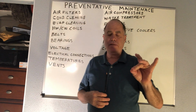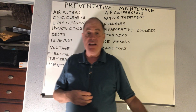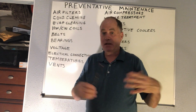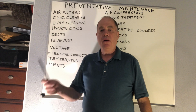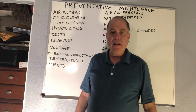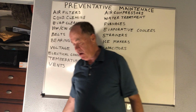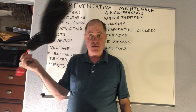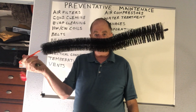And sometimes it's more difficult to use water inside a kitchen, and it's nice to be able to clean those units when nobody's around and walking over you, where maybe if you had to use a little bit of water instead of just a brush and a vacuum. And here's a condenser cleaning brush. I'll talk about this in a little bit. This is more for residential